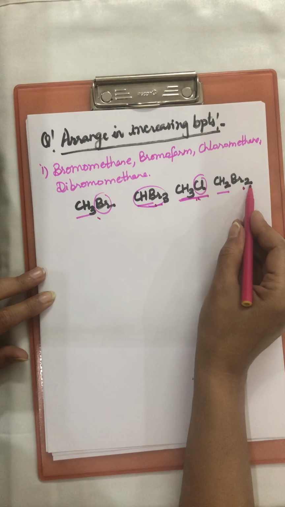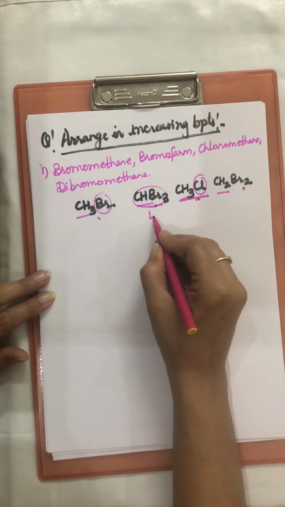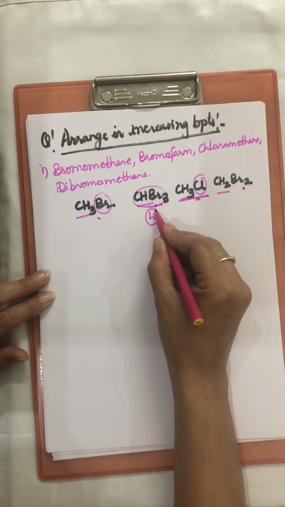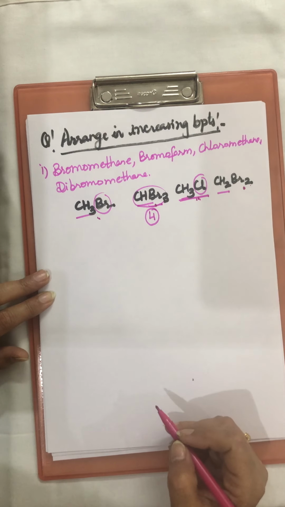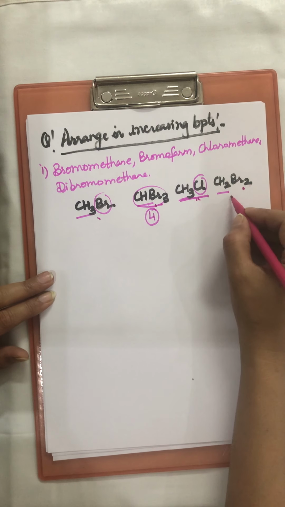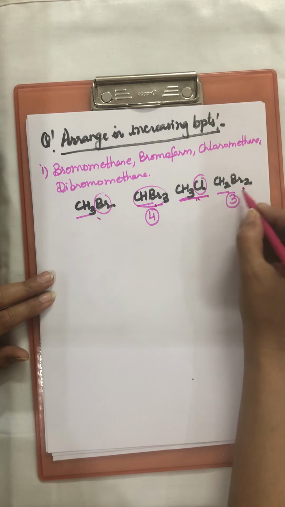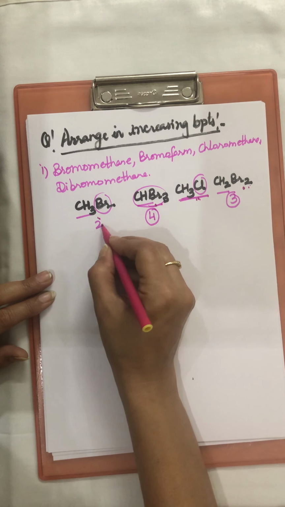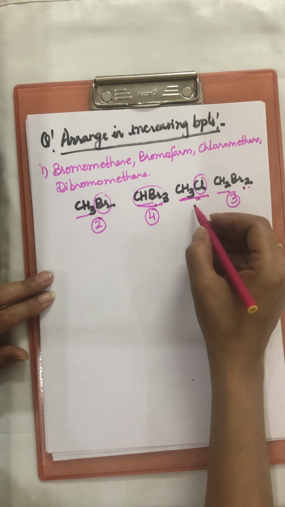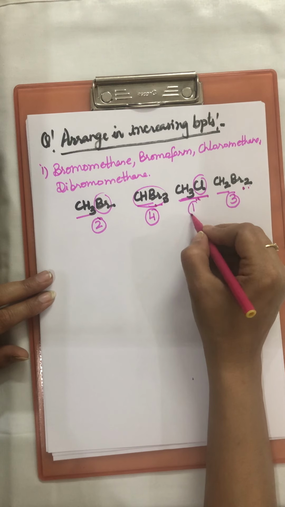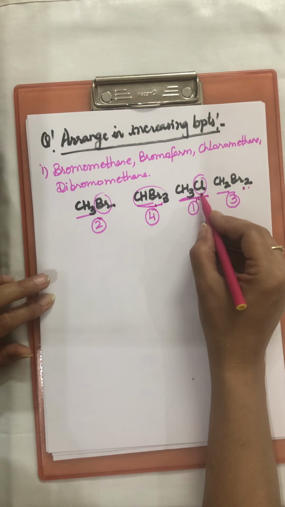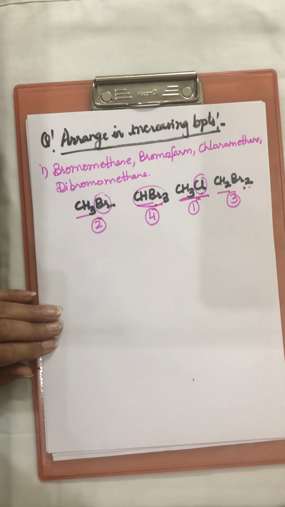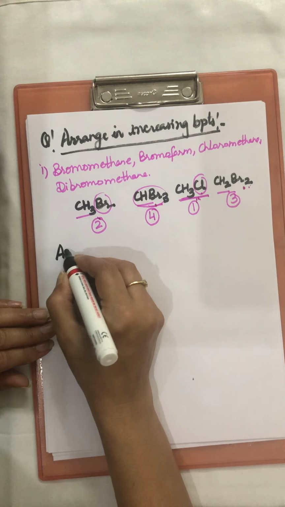There are four compounds given. In increasing order when we write, this one will be at the fourth number. Then lesser than this one will be this compound with 2 Br, then will be this with the 1 Br atom, and first is this one with the Cl. This has the lowest boiling point. So answer is